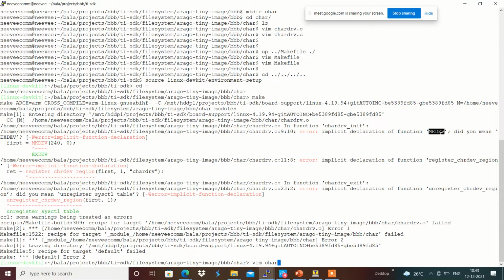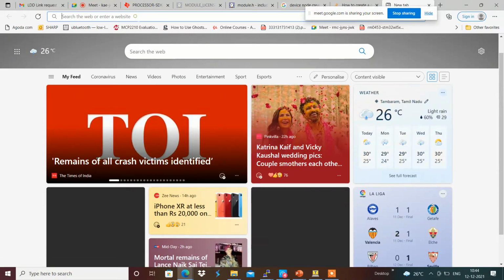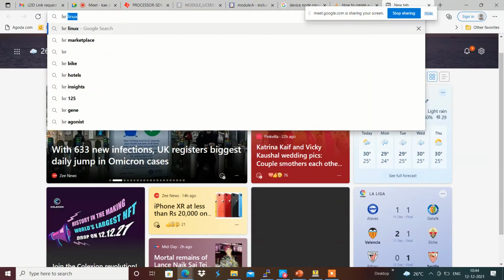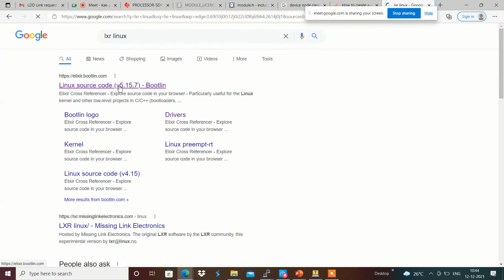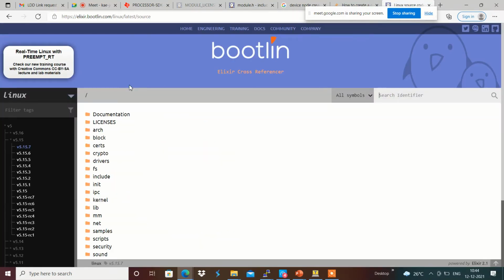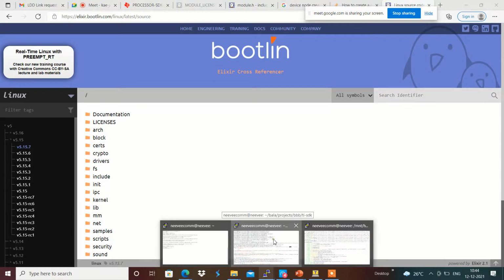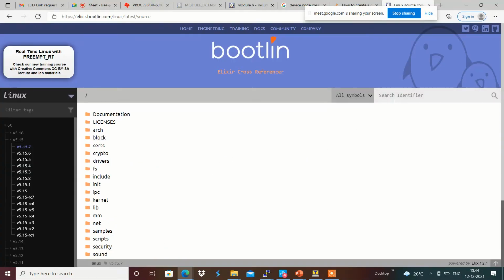In order to make that easier, we can use the site called Elixir Linux, which basically provides the online Linux kernel source code to check for that, or else we have to do that in our local Linux kernel. Maybe we can use this, it will be the faster way. I'm going to search for mkdev over here.